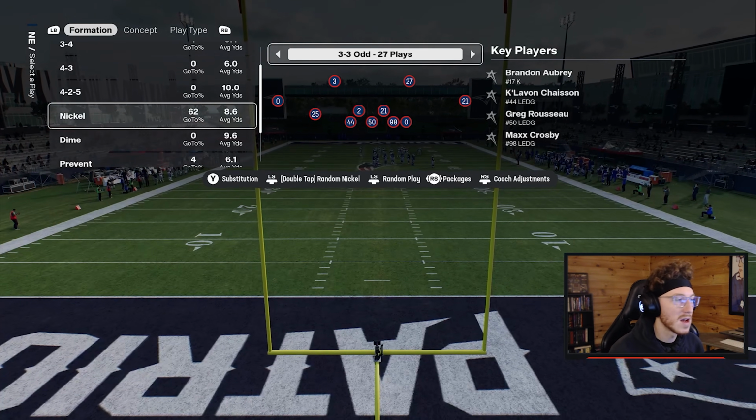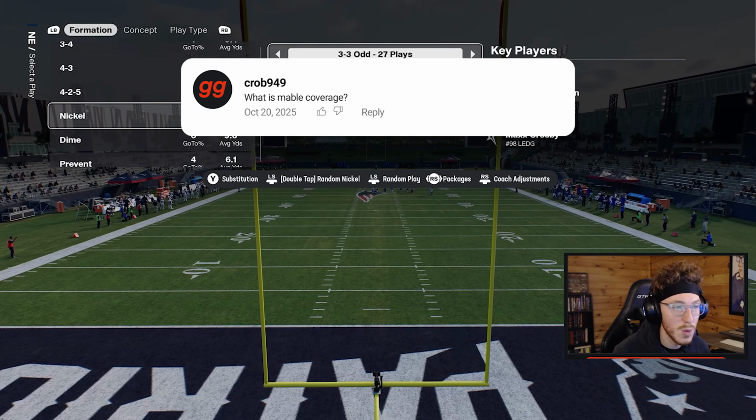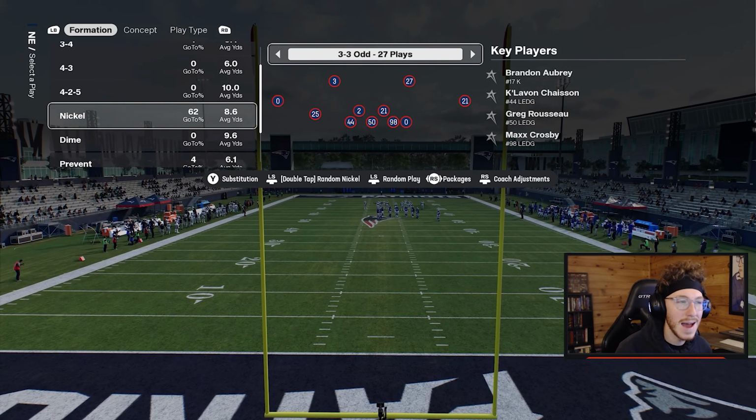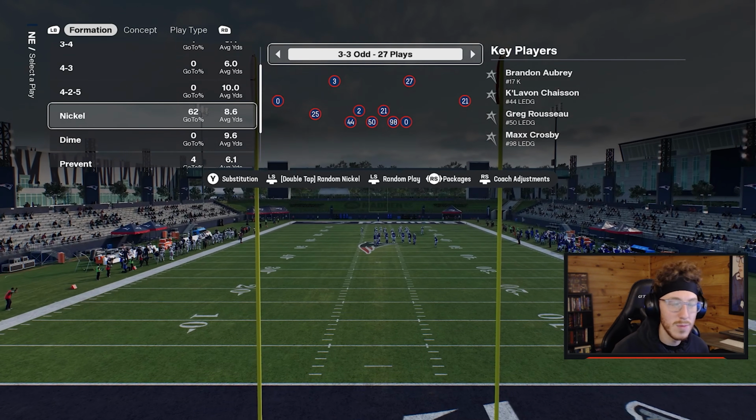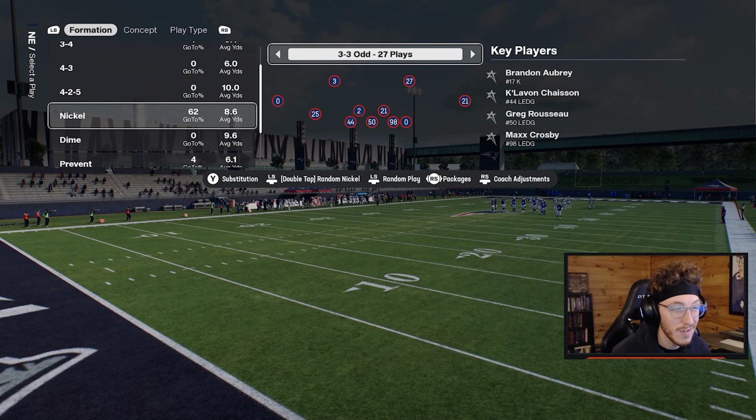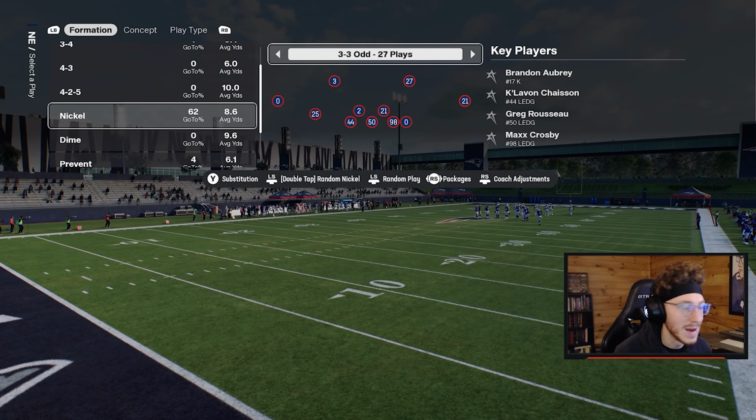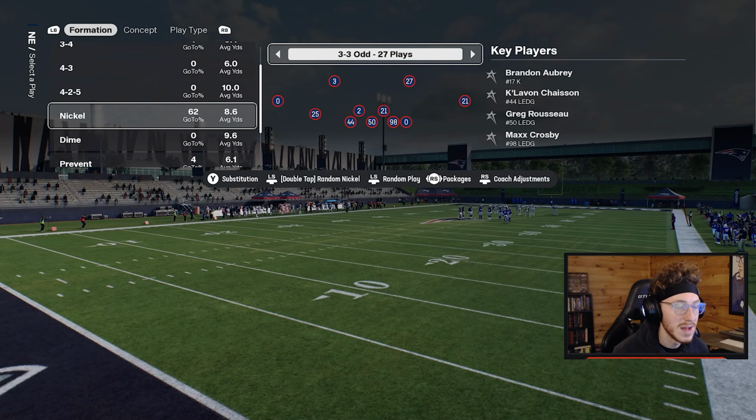And the first question today comes from C. Rob, and they ask, what is Mable coverage? Now, Mable coverage in Madden means a little bit different than what people say Mable coverage is in real life football. But in Madden terminology, we're going to go over what Mable coverage means, and it's really designed to